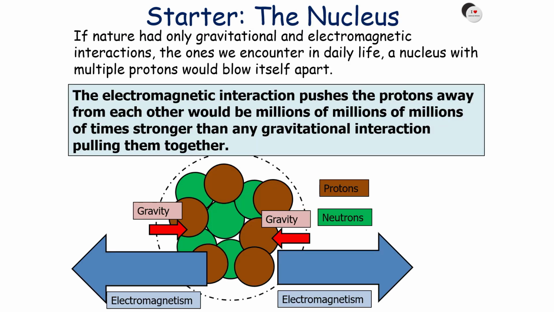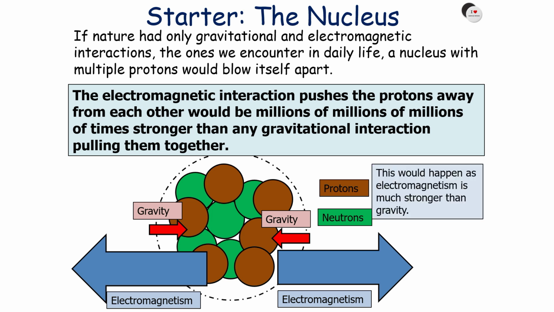Now if nature only had what we call the gravitational attraction and the electromagnetic interaction, which are the ones we encounter in our day-to-day lives, a nucleus with many protons would blow itself apart, because the electromagnetic interaction, which between two protons, because they're both positive, will be repulsion, is millions of times stronger than the gravitational interaction attracting and pulling them together. So basically electromagnetism is a much stronger interaction than gravity, so therefore in theory the nucleus should